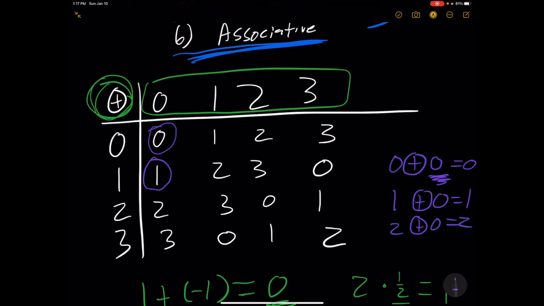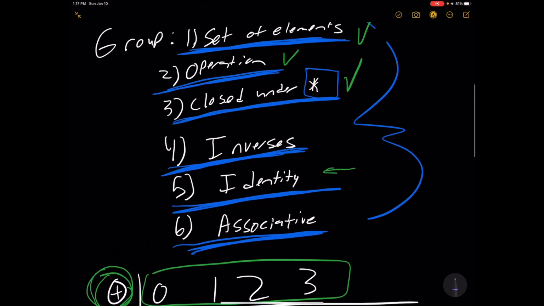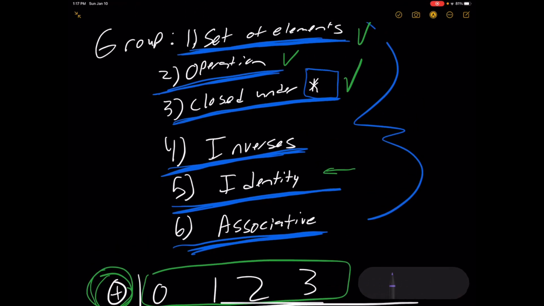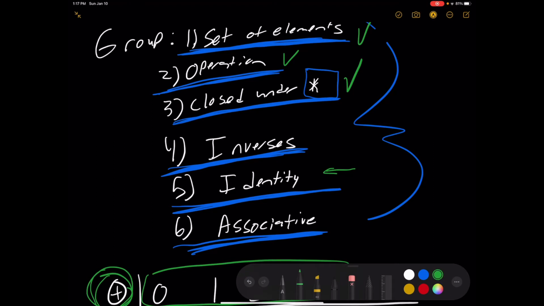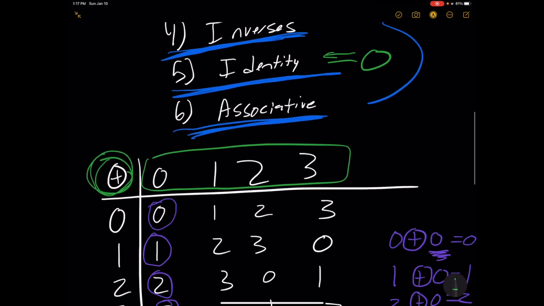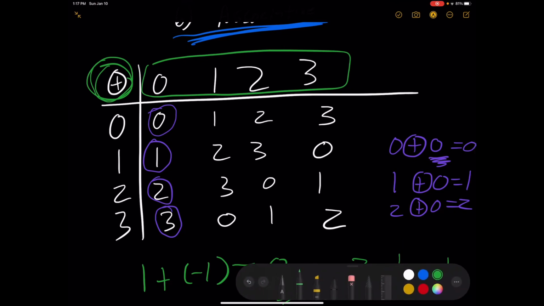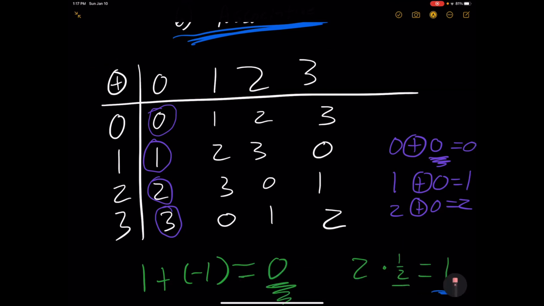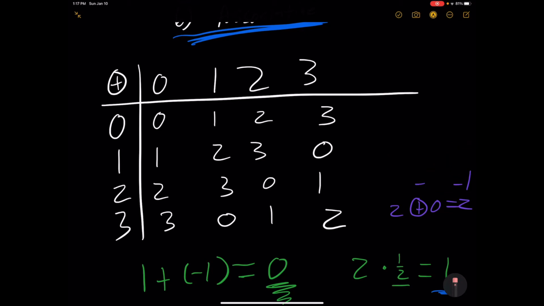So it looks to me like, and we can see that going in either direction, 0 is going to be our identity. So I'll say our identity is equal to 0. We have our identity. So now let's go back and look at inverses. I'll clear some of this away. And this is how we prove that something is a group. We just go piece by piece